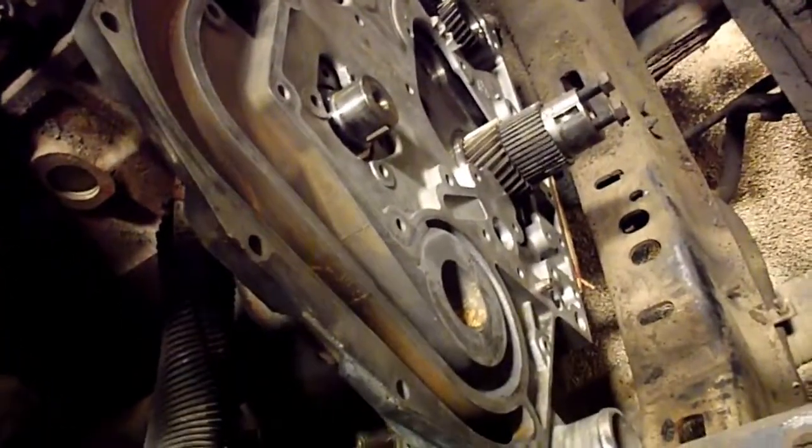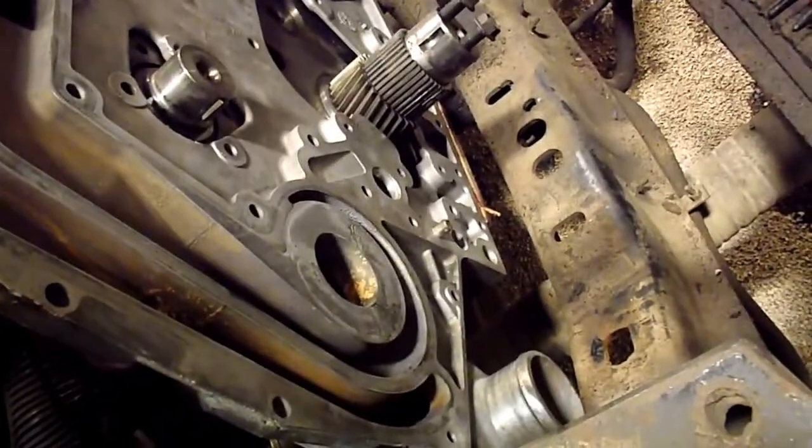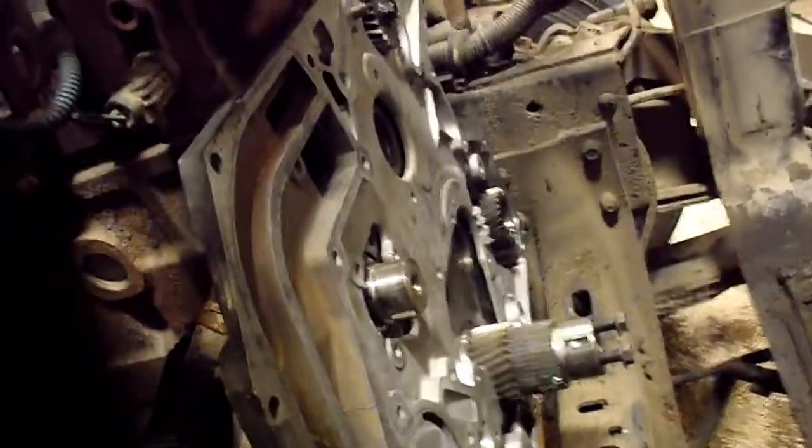So everything's ready to go back in. I put a little bit of sealant on the oil pan gasket down there. I didn't end up with any leaks there. So I'm going to start putting the bolts in now. Okay, a couple things to remember is make sure that you got your gasket in down there. There's a little gasket in behind there that's an oil passage. It's very important that you got that glued in before you put the timing